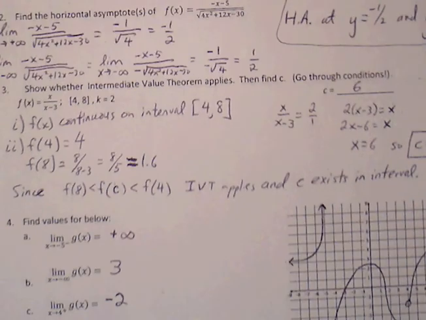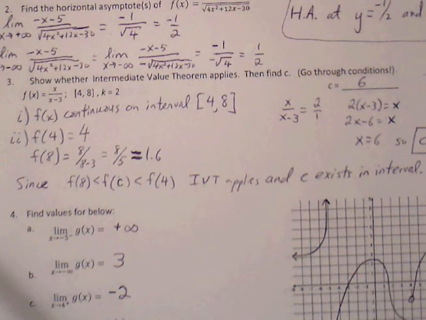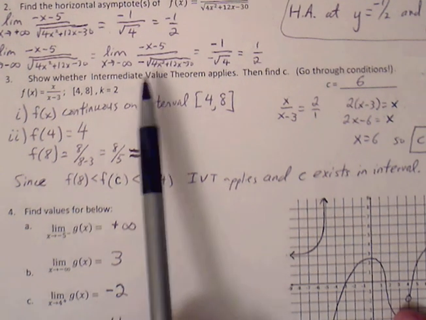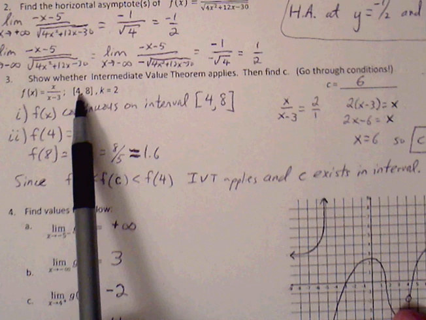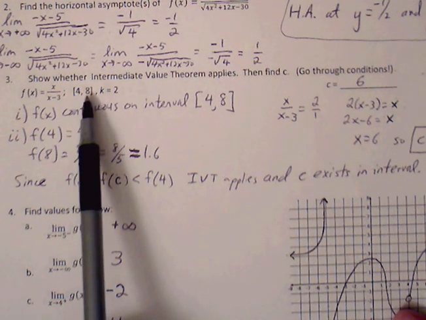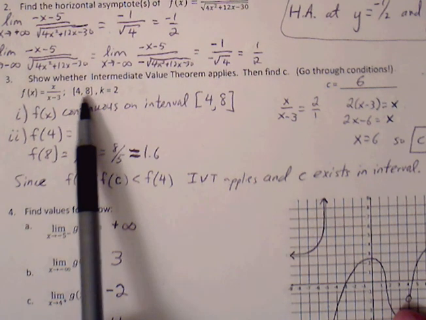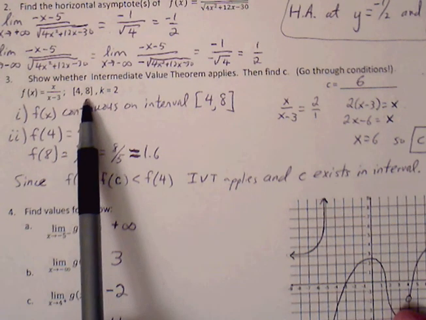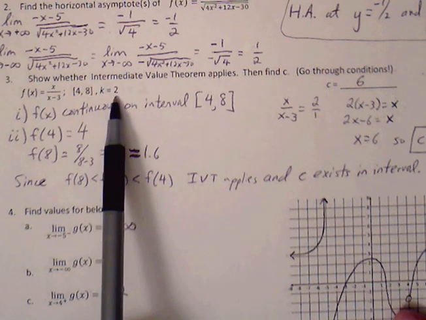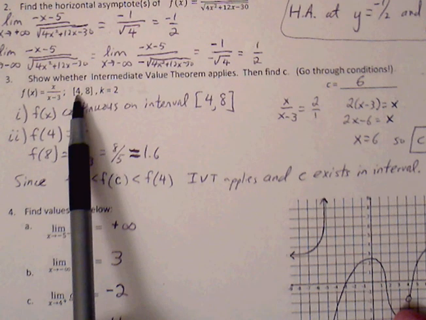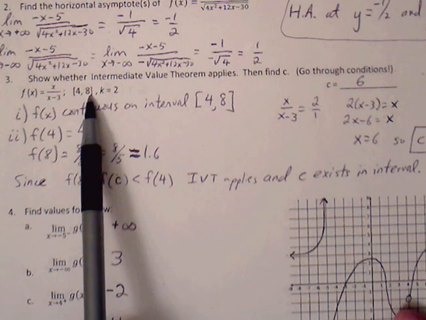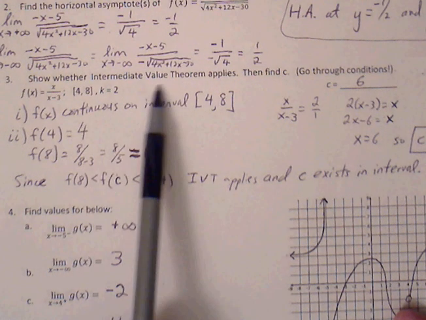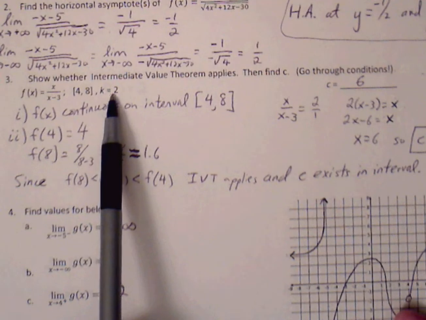Number 3, show whether IVT applies. So with IVT, we have to first show that our function between our intervals is continuous, and after that we have to plug in our endpoints to determine what the y values are, because we need the y values to sit above and below this k value of 2. So whatever y values we get, one needs to be above 2 and the other needs to be below 2,